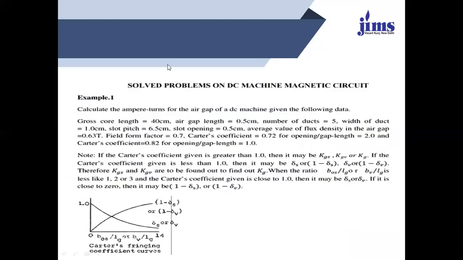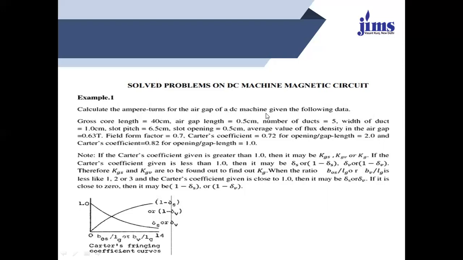These are some examples which we are discussing in this lecture. Over here, we are finding that whatever problem we are associated with over that part, it will come under this. So this will be example one. If you just look over there, calculate the ampere turns of the air gap of a